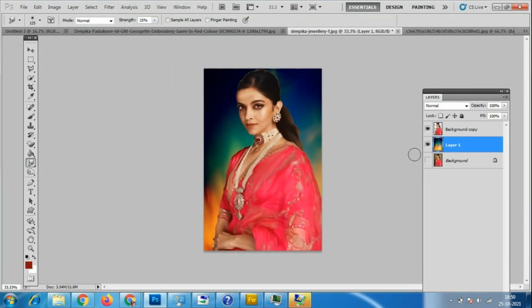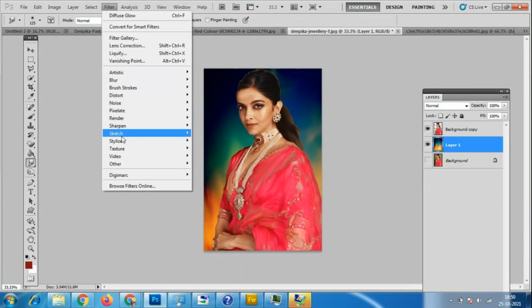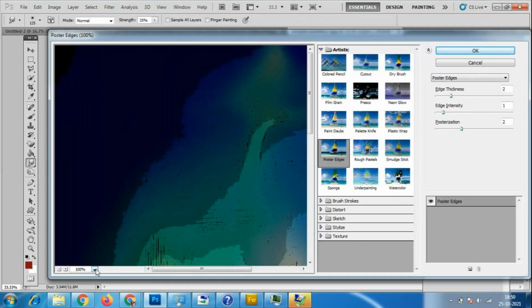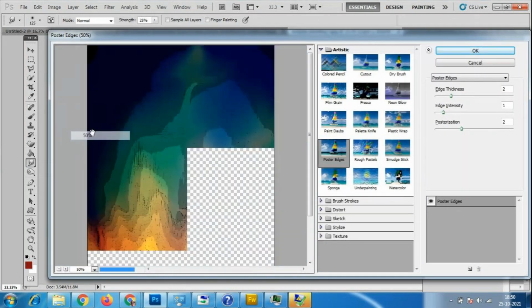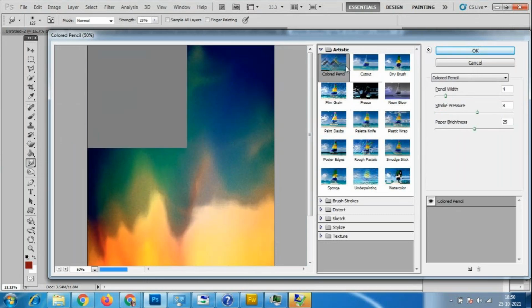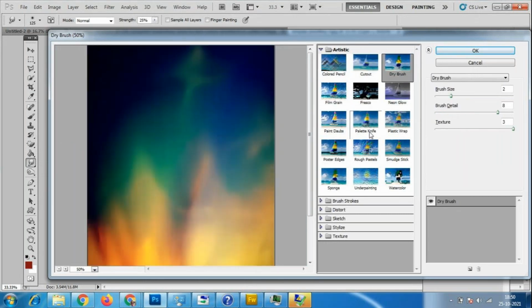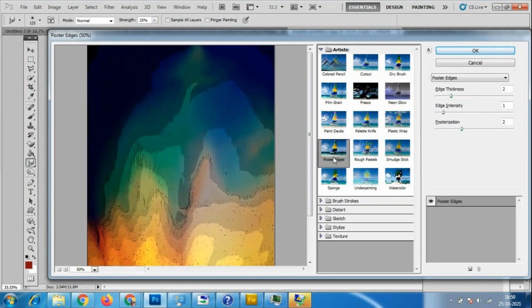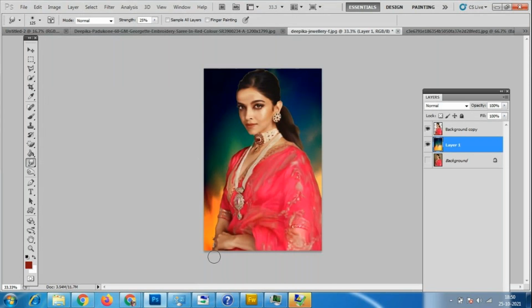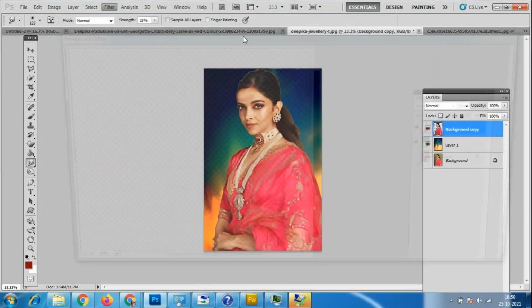Okay, even for this background we can use the filter gallery, to change anything we want. In the background, any kind of effect we want to make, it will give this kind of effect, from the filter and the filter gallery.